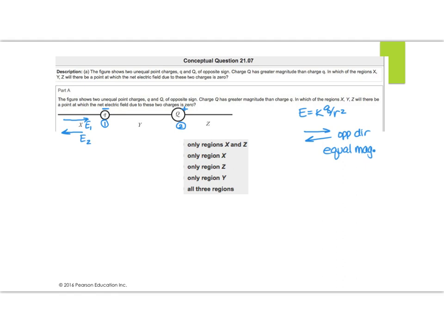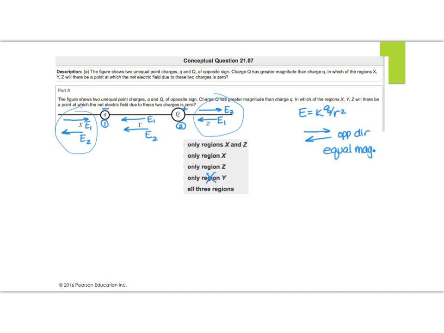When I do region Y, the electric field due to charge 1 is towards it, and the electric field due to charge 2 is away from it, and that gives me 2 fields in the same direction. So Y is never going to be my region. Finally, we will do Z. The electric field due to charge 1 is towards it, so that's going to be to the left. The electric field due to charge 2 is away from it. That will be to the right. So now I see that the fields are in opposite directions in X and Z,